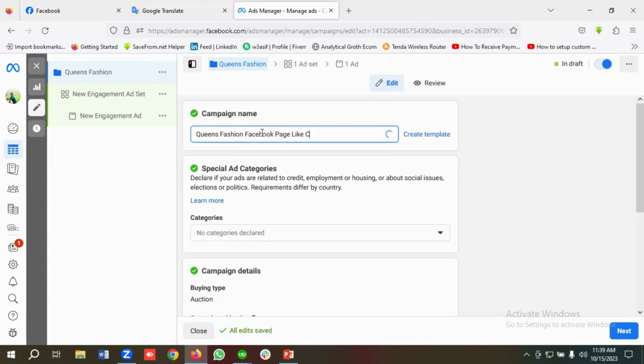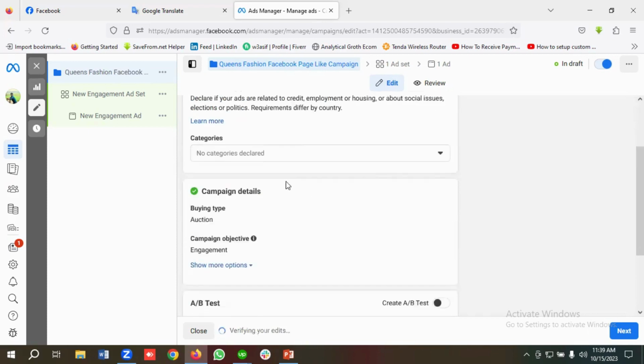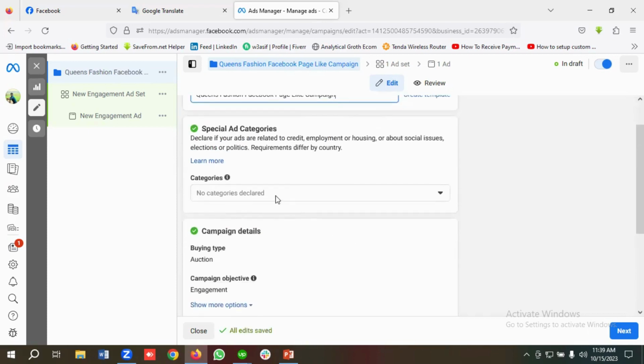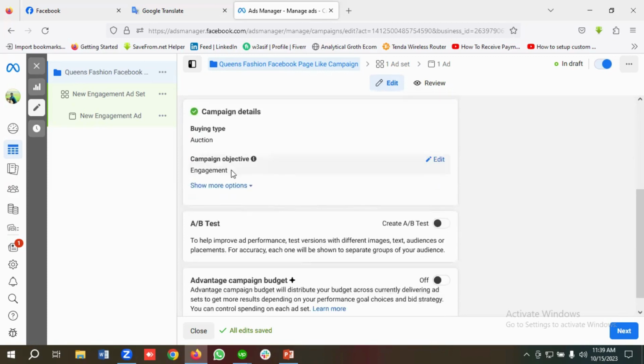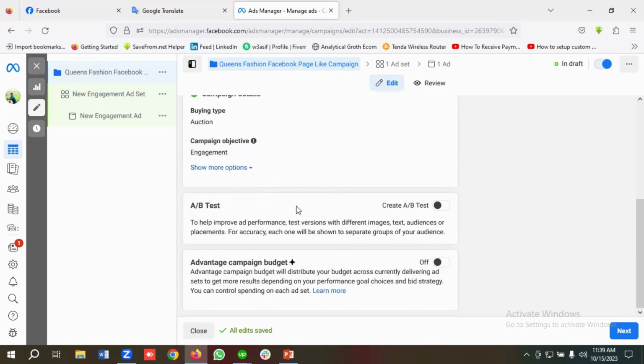You can name it as per your requirements. I'll not be choosing any special ad categories. The campaign objective is engagement. If you want to enable A/B testing from here, you can do it from here, but I'll do it manually. If you want to enable Advantage campaign budget, then you can do it from here as well. Then I'm going to click on next,